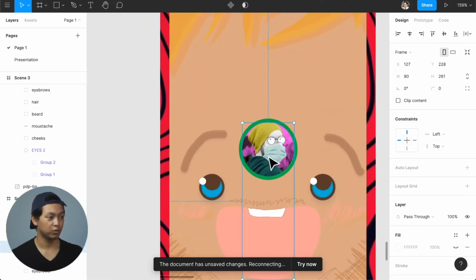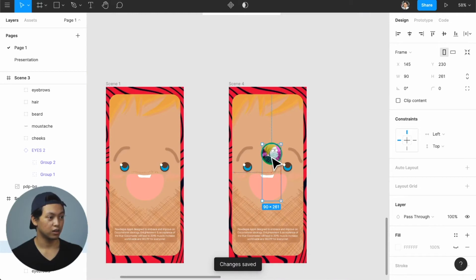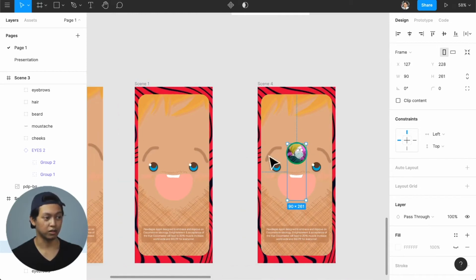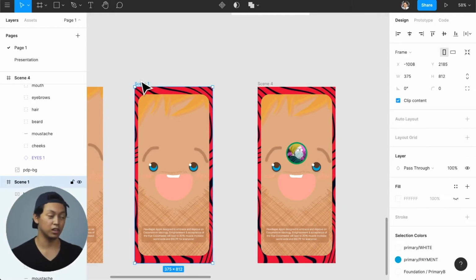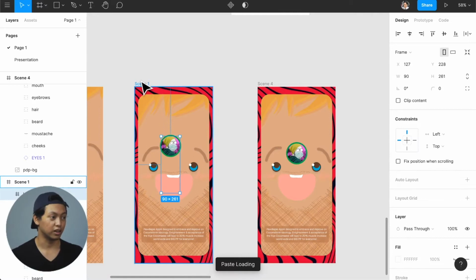And we'll make him rotate. So what we want to do is have him fly in from the side first. So I have him here, I'll copy him and I'll put him into the scene or the frame beforehand. And now that he's in the frame beforehand, we can,